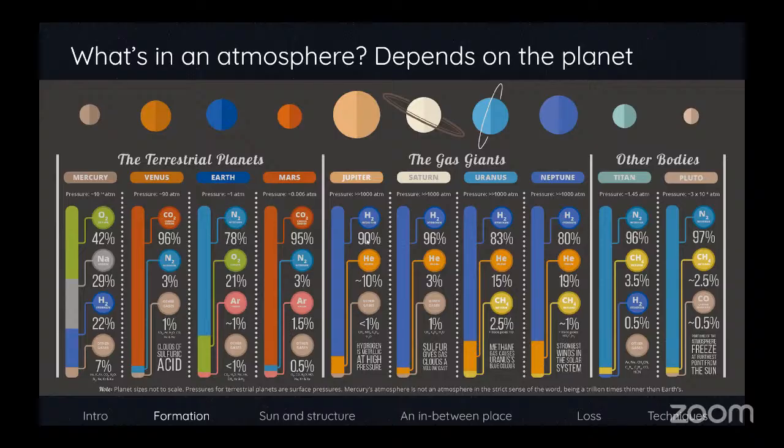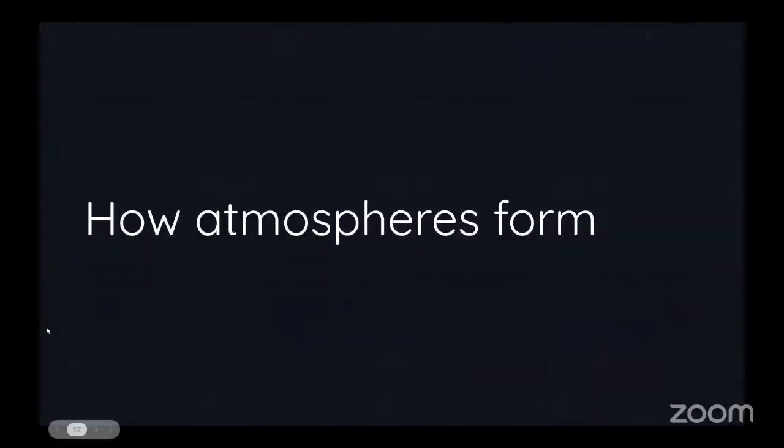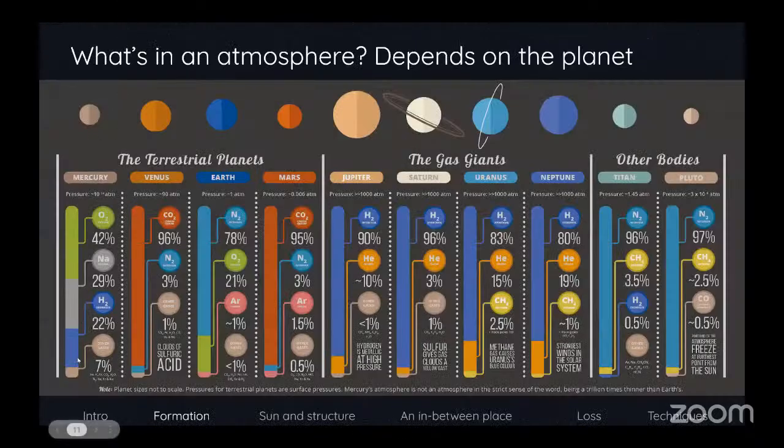There's different molecules that dominate the atmospheres on each of the planets. So gas giants here, terrestrial planets, other bodies. And here included is also Titan, which was on the previous slide and is a pretty cool moon, which we will be sending a mission to in the near future. And of course, Mercury on the side, like I said, with a lot of different constituents in its very thin atmosphere.